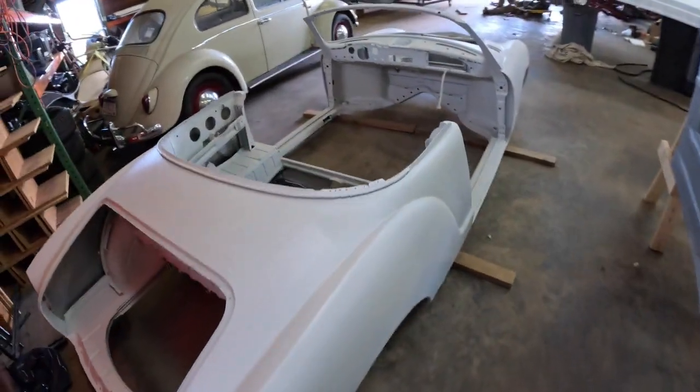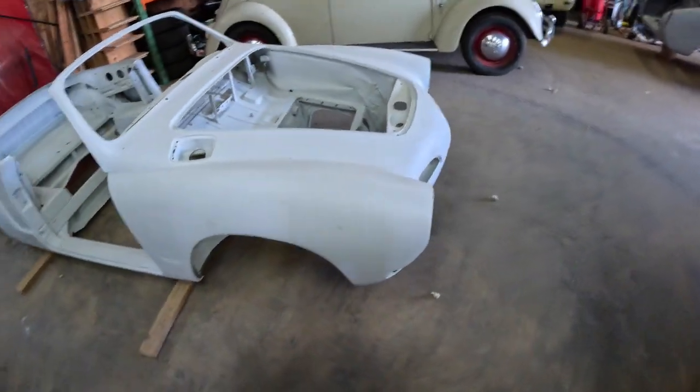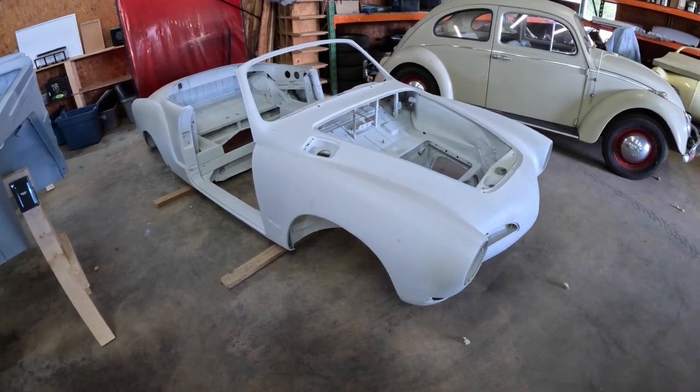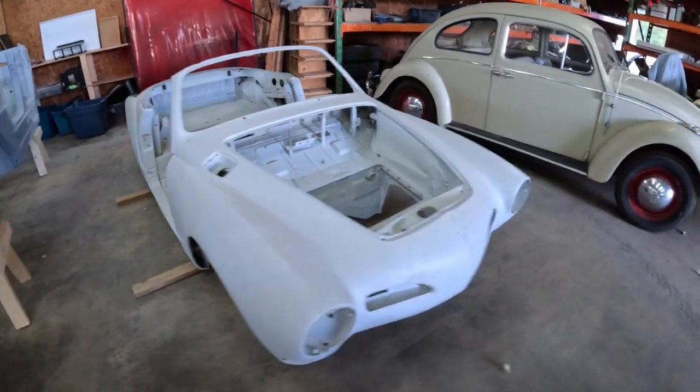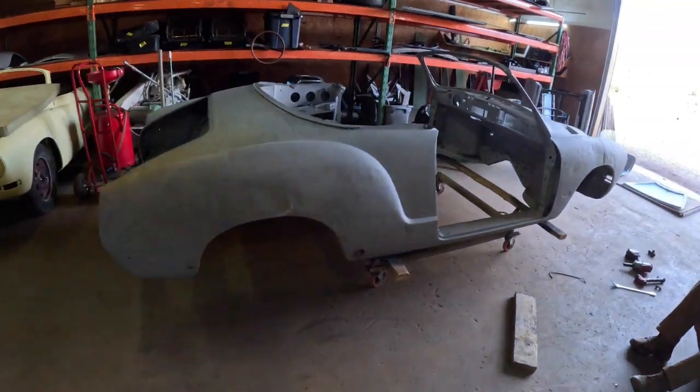Also, this Gia is going to get painted probably next week, and they picked a color there, so that Gia will be getting painted, and we'll get her back together. We already talked about this Gia here, 74 from